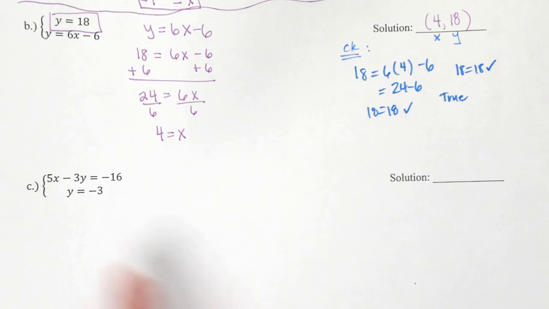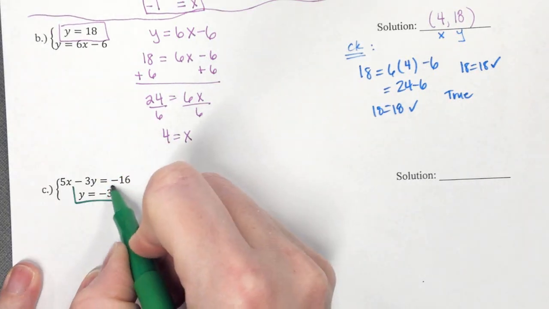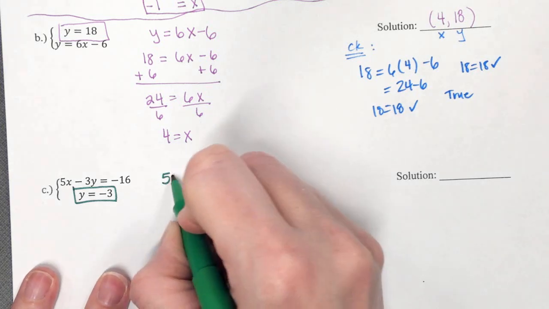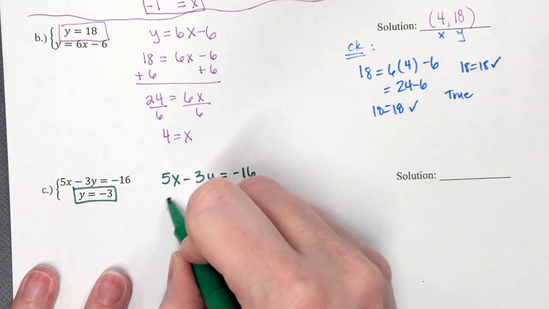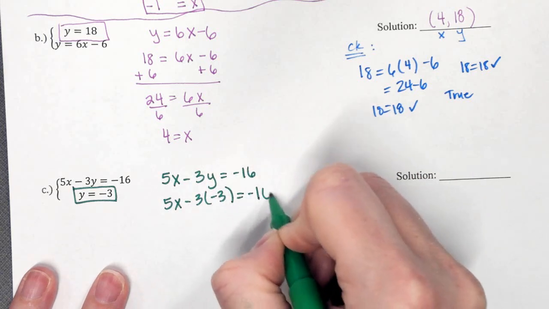All right, now this one was a little bit different, but you guys did a really great job knowing where to plug in your values. So again, I always like to box in what I'm plugging in. So if y is -3, I have 5x minus 3y equals -16. I can plug it in right away,